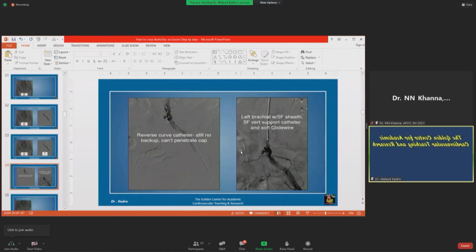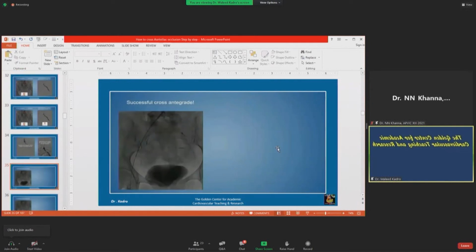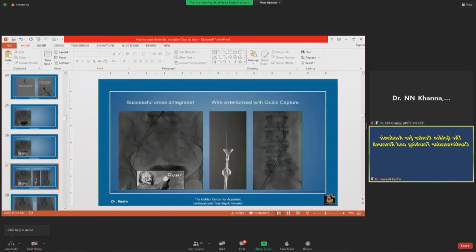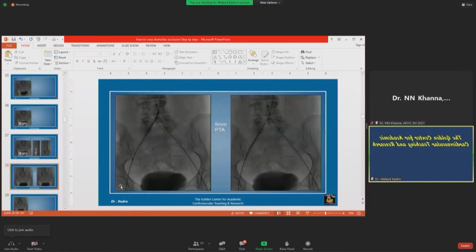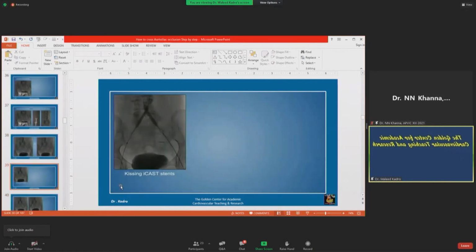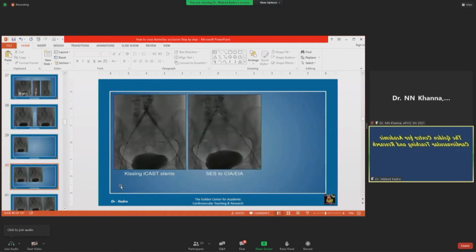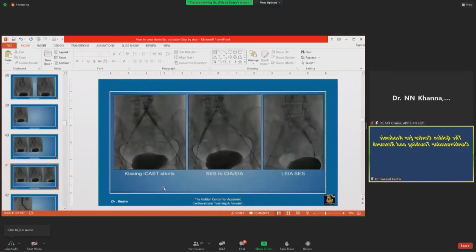So we learned our lesson, and we put a left brachial sheath, and with that, because of good support, we were able to quickly cross this total occlusion, and then with some more intervention. But we were required to snare that wire from the femorals to get better support, and then we did the PTA, and then kissing stent,